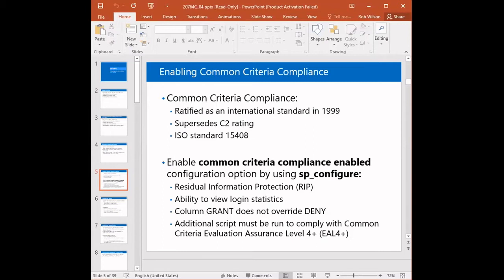So this is several modules ago. So you could deny somebody permission to see the inventory table, the whole table, then later on come back and say, I will grant Bob access to the product number column inside the inventory table. Well, without common criteria compliance enabled, that would work. So that's a way to circumvent full-on deny of a table. Here with common criteria compliance on, that won't happen. And if you need to elevate the level, there's various levels of assurance for compliance and security. There are other scripts that you can run that will configure your SQL database environment to comply with